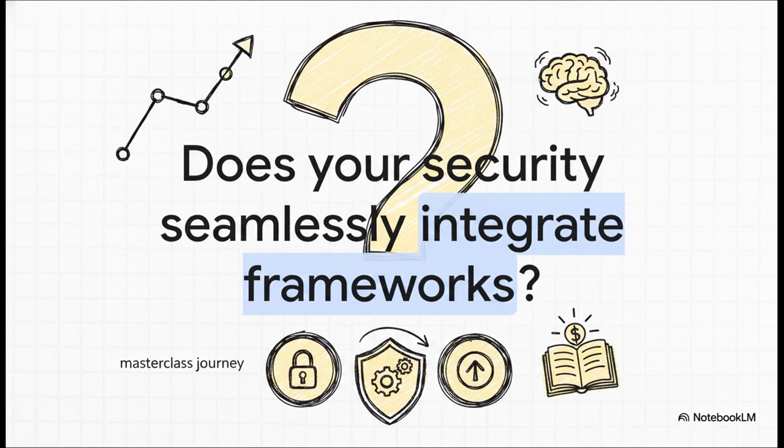As we wrap up this explainer, I want to leave you with a provocative question. Does your organization's security posture seamlessly integrate these foundational frameworks from the ground up? Really think about it. Are you actively applying the CIA triad in every single decision? Is your policy hierarchy actually aligned with business governance? I hope this breakdown has brought real clarity to these CISSP essentials and leaves you ready to apply these concepts